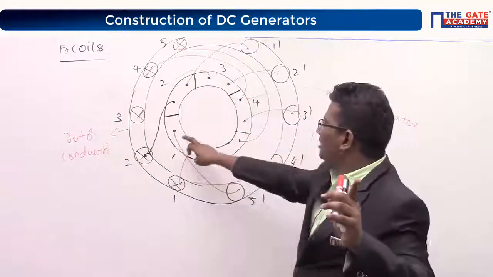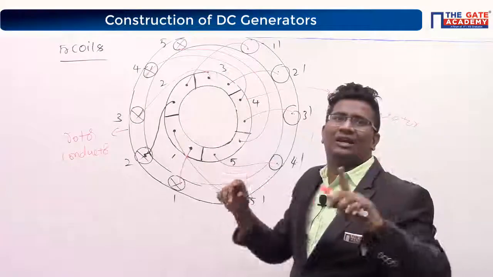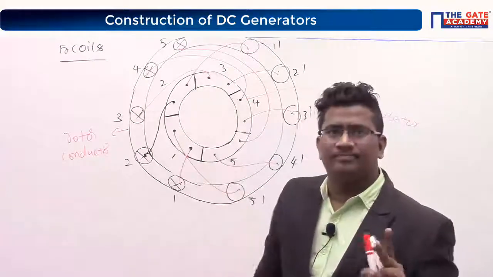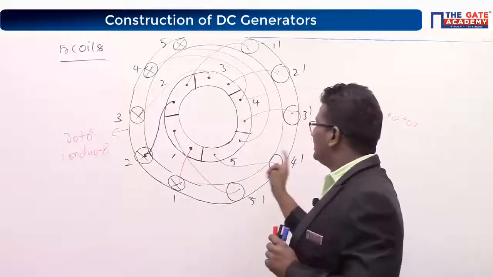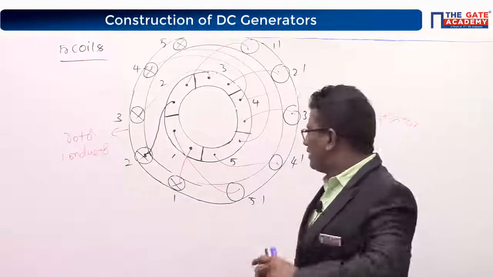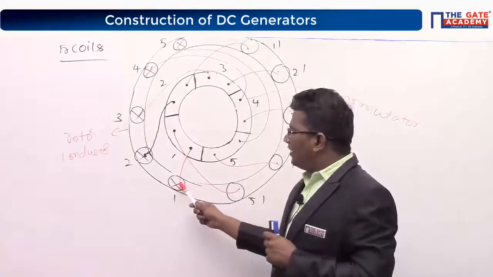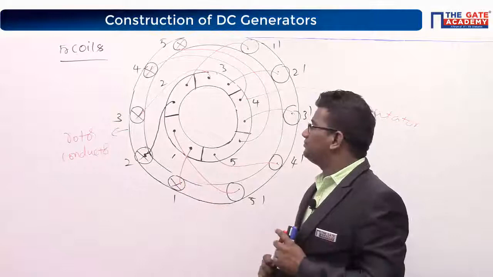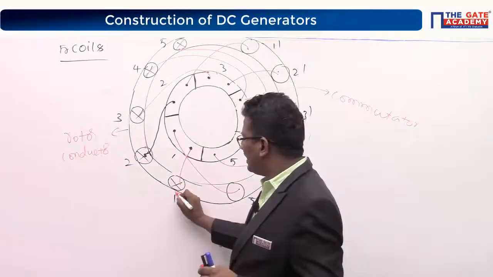Yes, sir. Again, I am repeating. Same segment. Look there. Any segment is not at all connecting to the same coil's two ends. It is a different coil. Is it clear? It is a different coil. You check once if you have any doubt. Look at here. Where is your 1 dash? This is 1, na? If you have any doubt, I will clear it again.